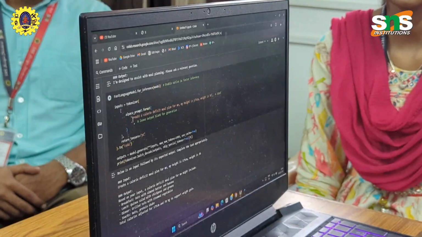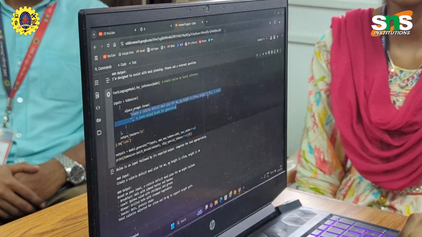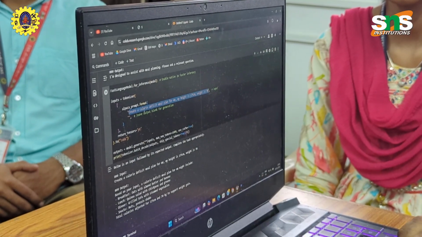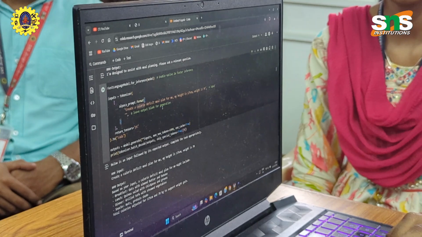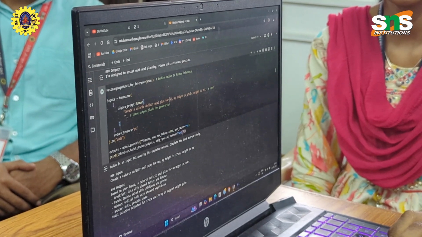Right. Will you be able to run this code now? This is the input I gave for the model, where I asked directly for a calorie deficit plan. Basically, I am considering myself as the user. My height is 175 and my weight is